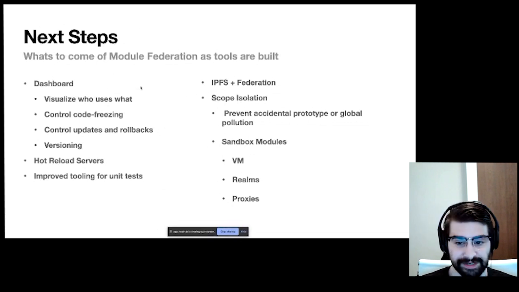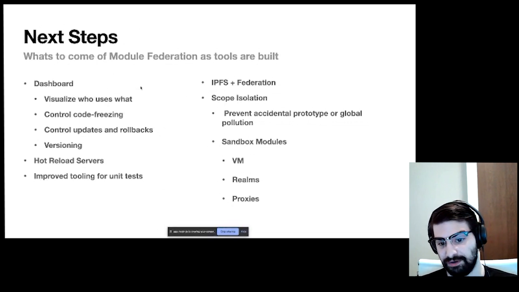I'm looking at scope isolation, so the ability to use globals inside remotes without polluting the host. And I'm looking at doing this through sandboxing with either VM, the Realms polyfill, or just proxies that help set it up. And yeah, so somebody who's using this, they were trying to create a